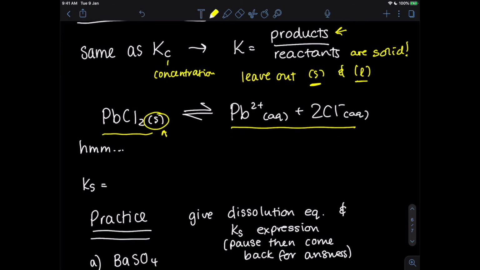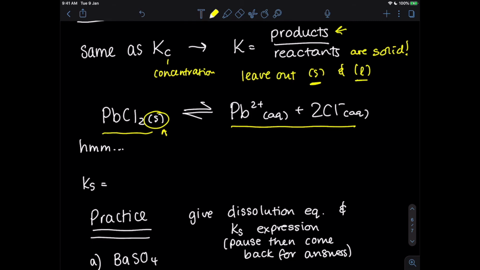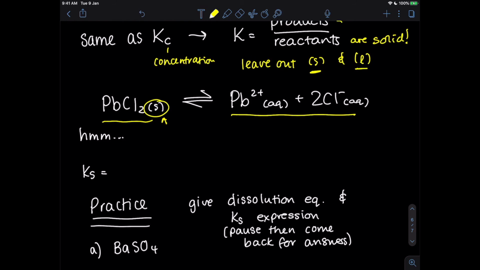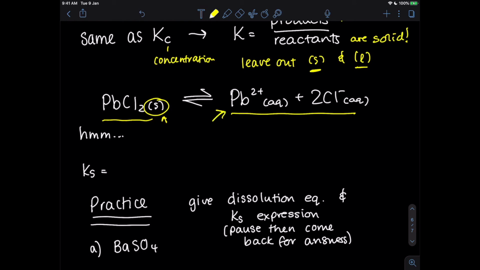So in that case, we consider the concentration of the reactant to just be 1. We assume that the concentration of any solid or liquid is just equal to 1 so that we can ignore it. So I only need to keep the top part of my product, so I only need to think about my ions. For this one, my Ks, my equilibrium expression, would be the concentration of lead 2+